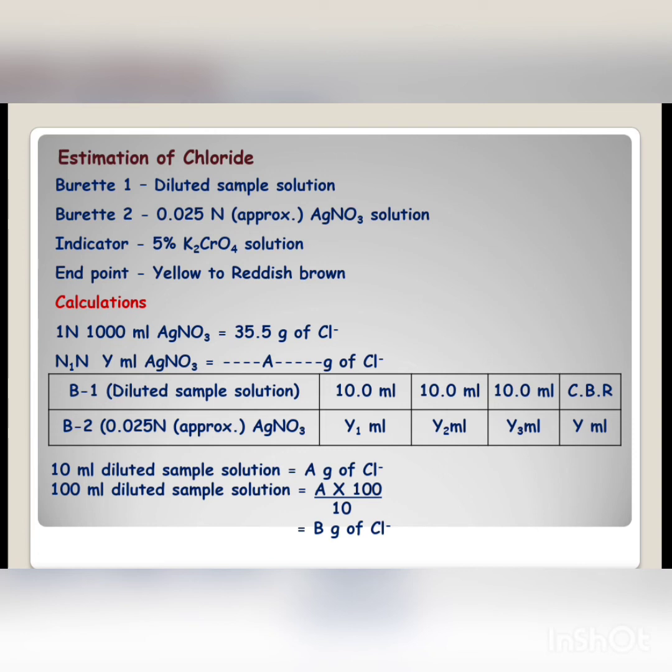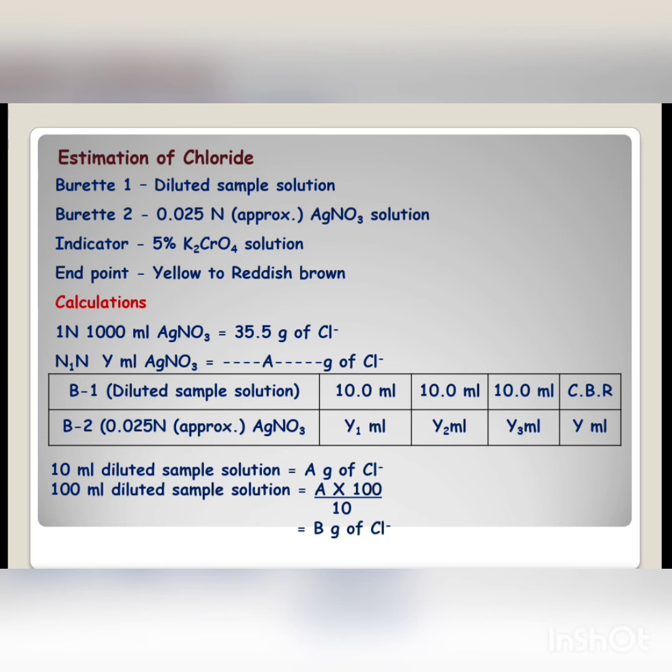Now this is the observation table. Here, from burette 1 we have taken 10 ml of diluted wastewater sample, and we have titrated it with silver nitrate solution, so that we got 3 endpoints Y1, Y2 and Y3, and the constant burette reading is Y ml. So we will now calculate the amount of chloride ions present in the wastewater sample, and we will use